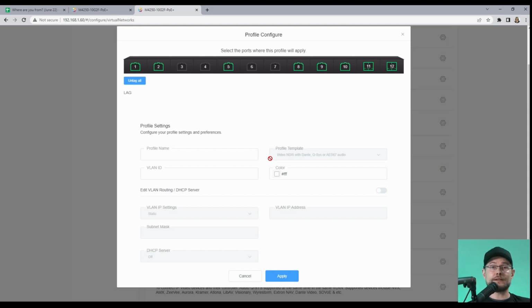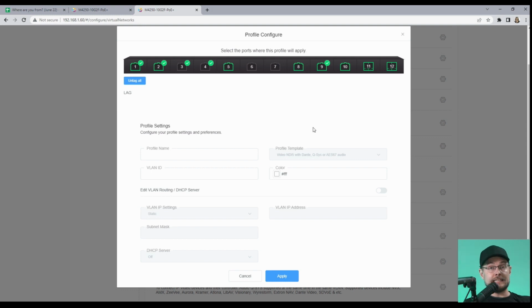So when we talk about turning on VLANs for NDI traffic, you also need to consider that your computer is going to have to be a part of that same VLAN, which means that in this configuration, back to the screen, if 1 through 4 was going to be in my new VLAN for my NDI network, but I was going to plug my computer into port 9, I might want to add that